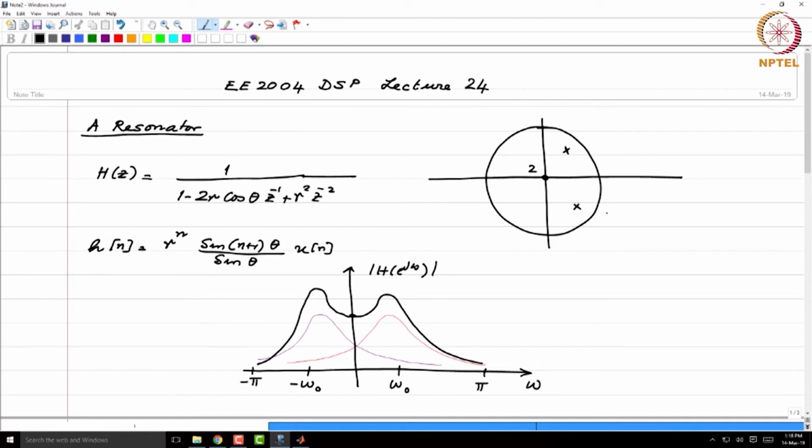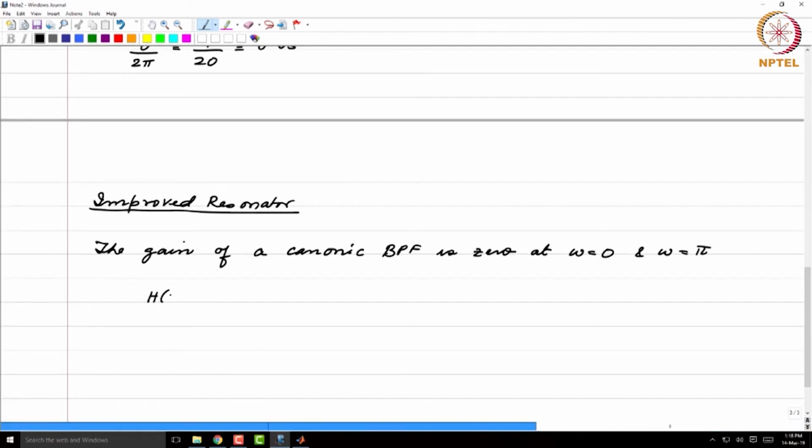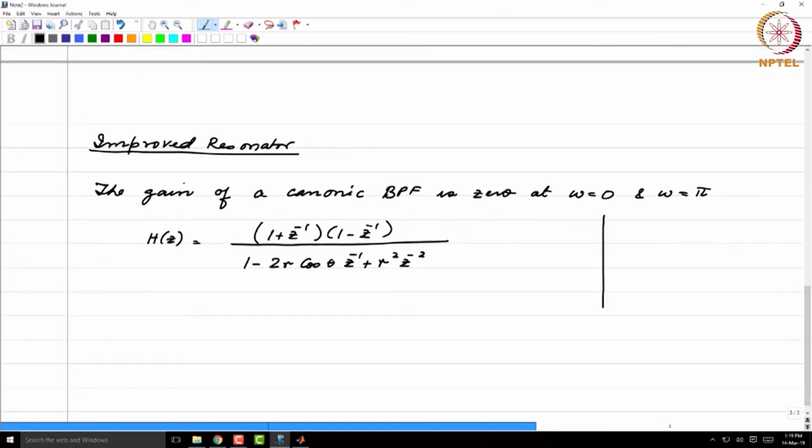At z equal to 1 and -1, corresponding to omega equal to 0 and omega equal to pi. Therefore, if you now have H of z with zeros at -1 and +1, the denominator of course stays the same, which is 1 minus 2r cos theta z inverse plus r squared z power minus 2. And if you now look at the pole zero plot,